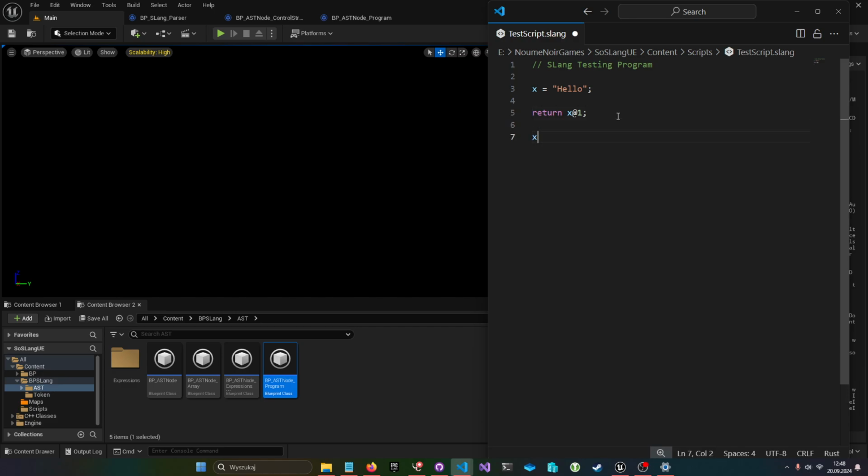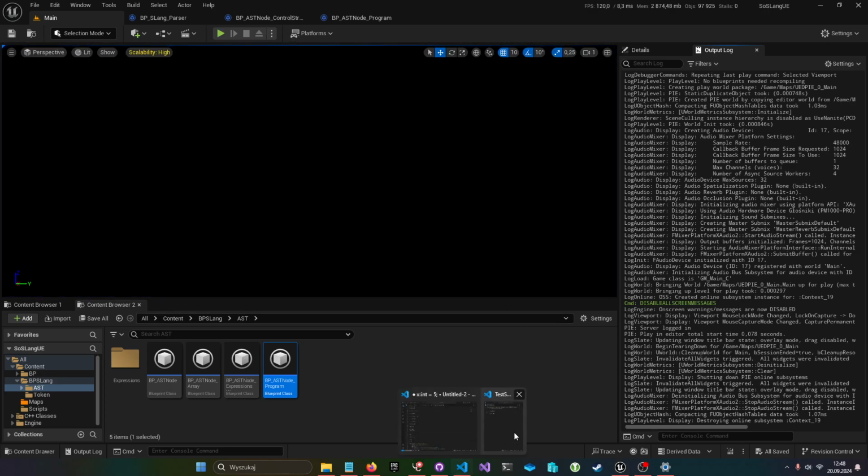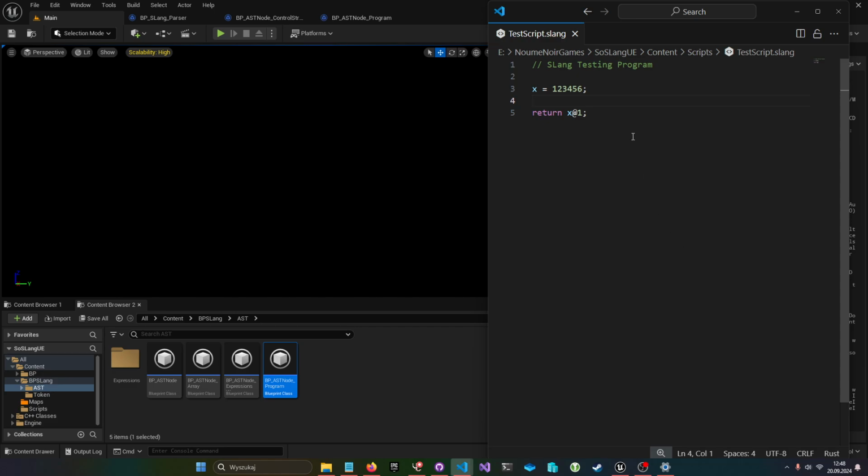We could just do x[1] in C++ and it will return that index 1. But you can't do this with numbers. So let's say we have this little number, and we could also take index 1 of that number, and it will be 2. Lovely. So little fun things you can do with my language.